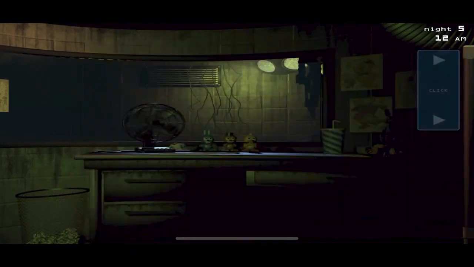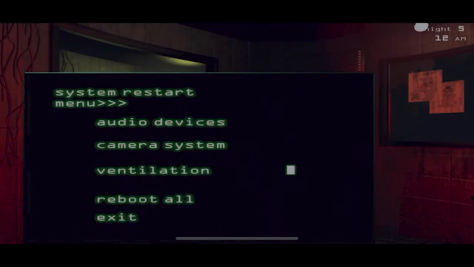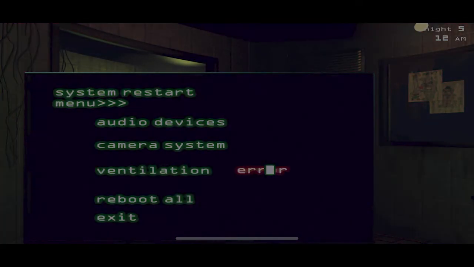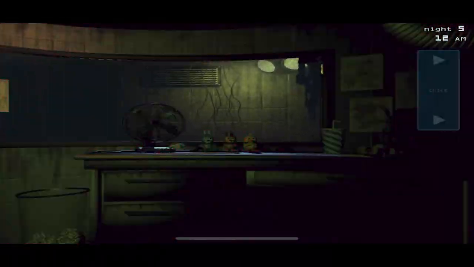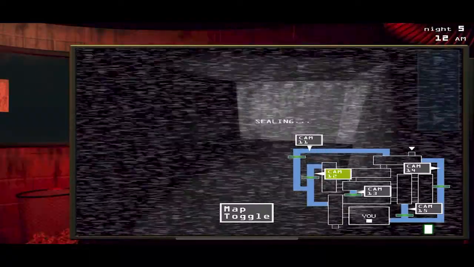As you can see, the static was moving when I was on camera 8. So I got unfortunate, and Foxy arrived pretty early here. I was not expecting it, so I got jump scared. But if you can, try to avoid that the best you can. It's really hard to avoid when you're just not even thinking about it, but